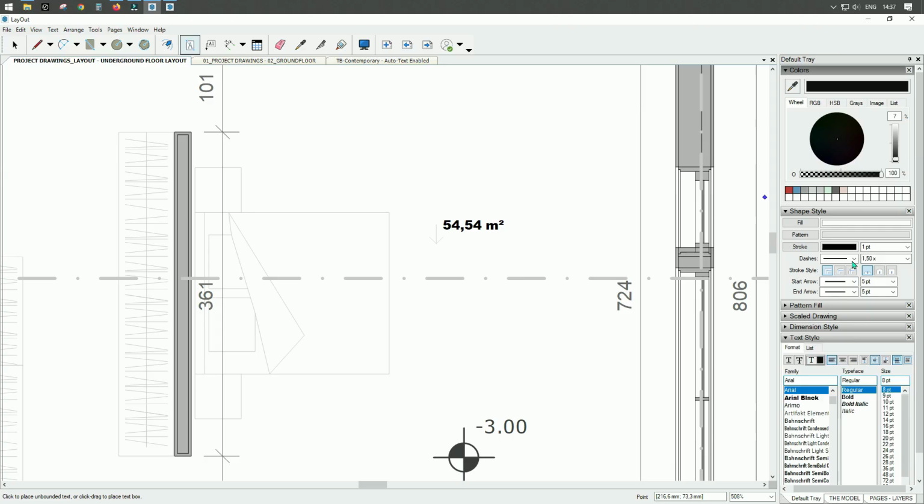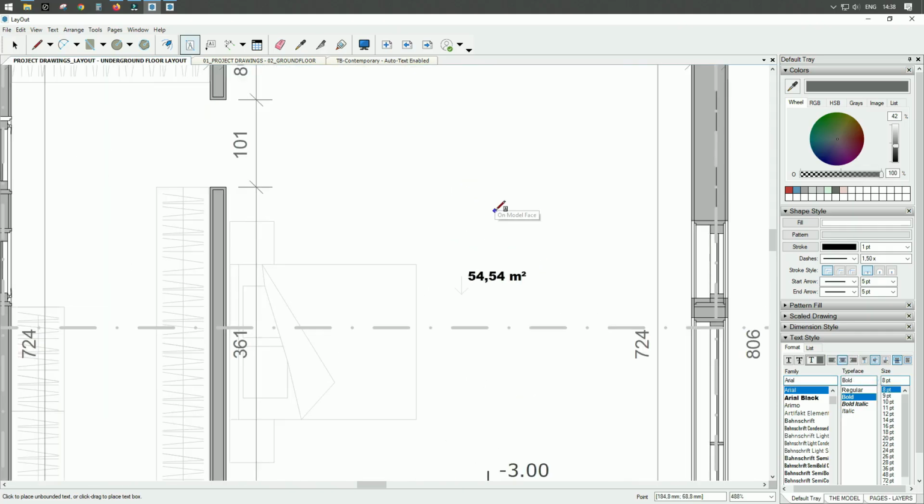Let's say the color will be this one, and I don't want it to be in Arial black, so I will leave it as regular, or I can create bold, for example, and I would like our text aligned to the center, so I just will go and place this text here,